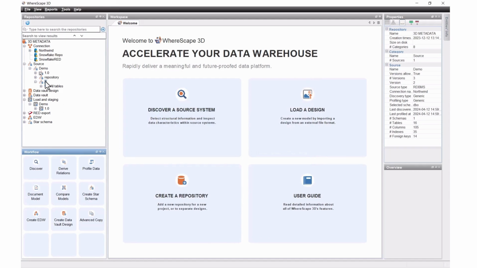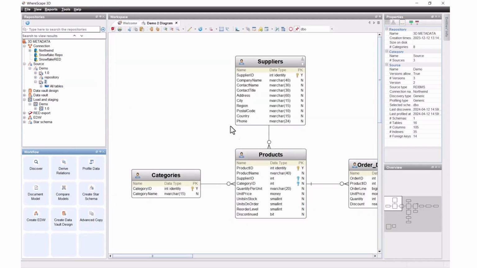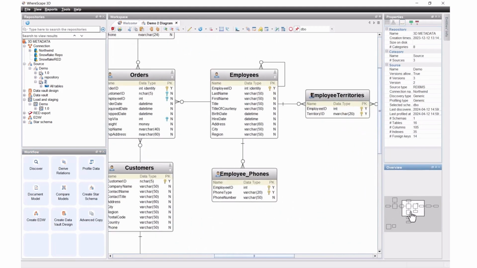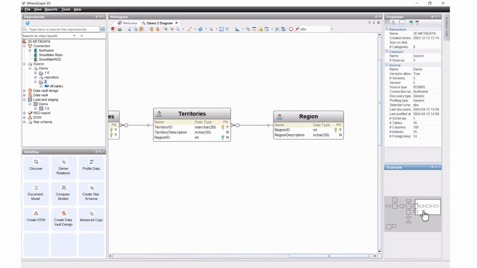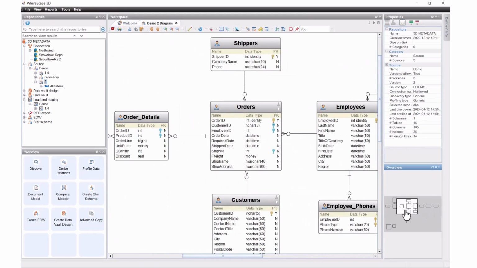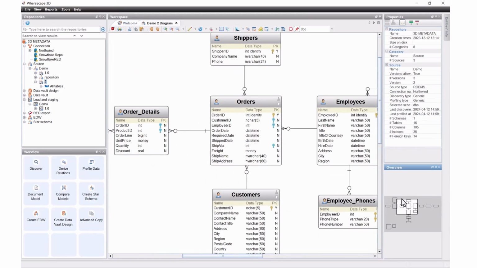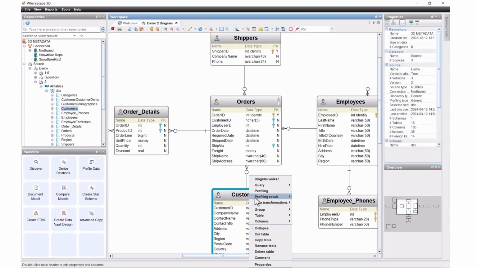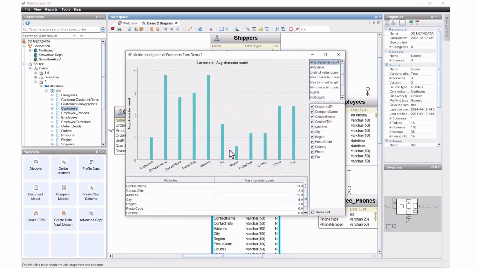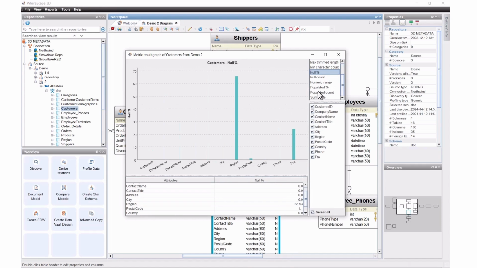So here is my discovery of my source system. We've looked at the catalog tables within, in this case, SQL Server, and pulled out all the tables, all the relationships, primary keys, foreign keys, and everything else. Now, let's mention the profiling of data. We've run some SQL statements behind the scenes. And if I look at the profiling results on each of these tables, I've got results on many different metrics. This is the full count of what we're looking at.